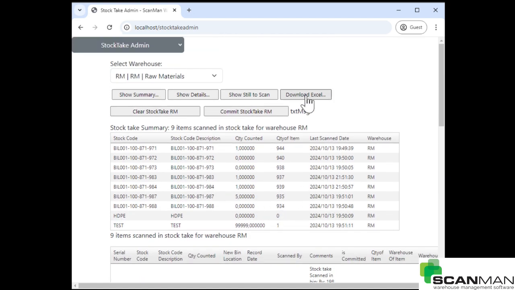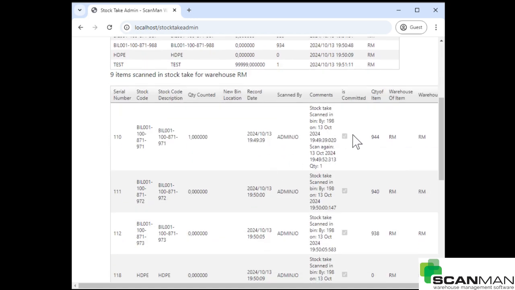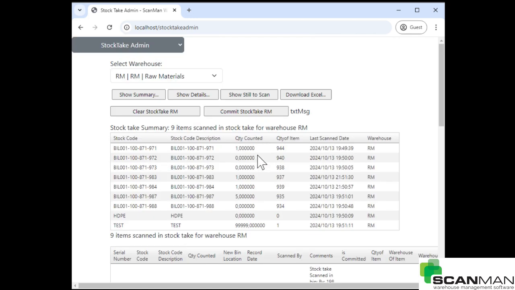At this point you can download these files to Excel as we showed in a previous video. If you clear the StockTake, then they will need to start scanning again. Normally they can fix the StockTake just by rescanning some of the items that they've scanned or miscounted. You can pick that up here, and if everything is correct,